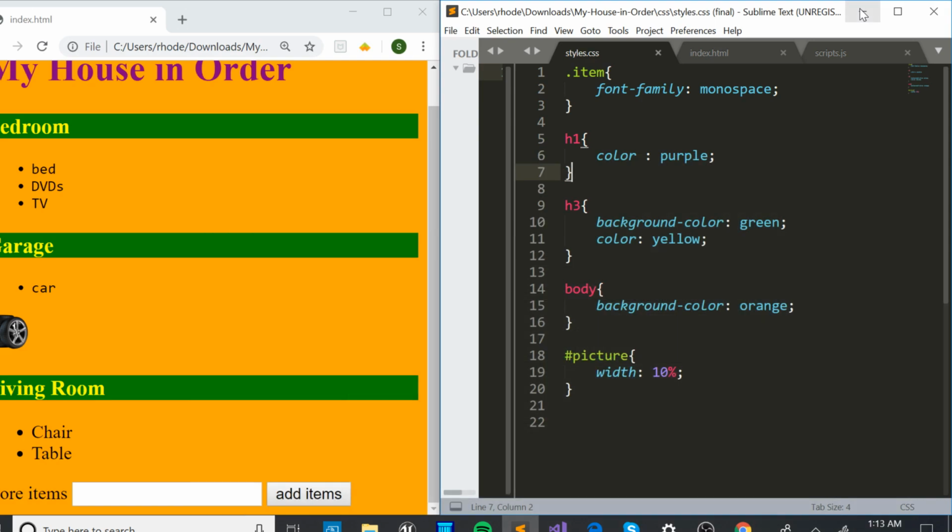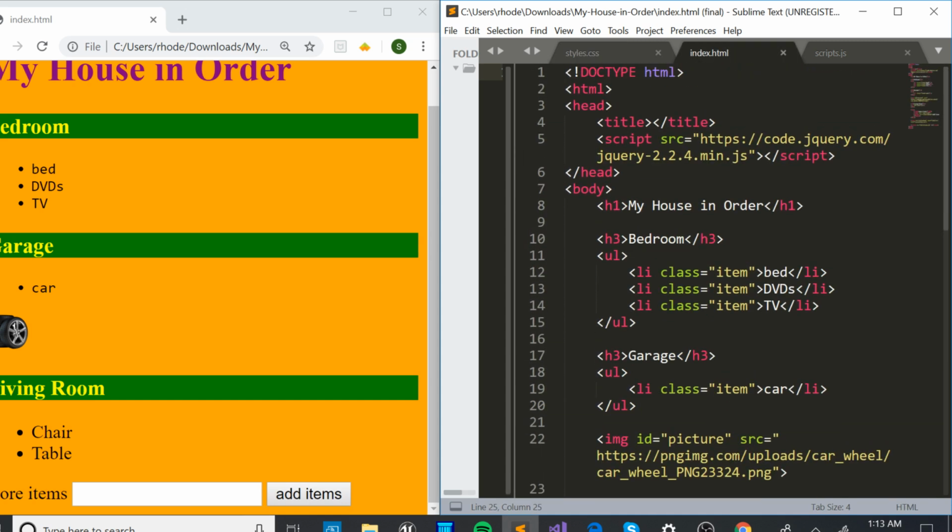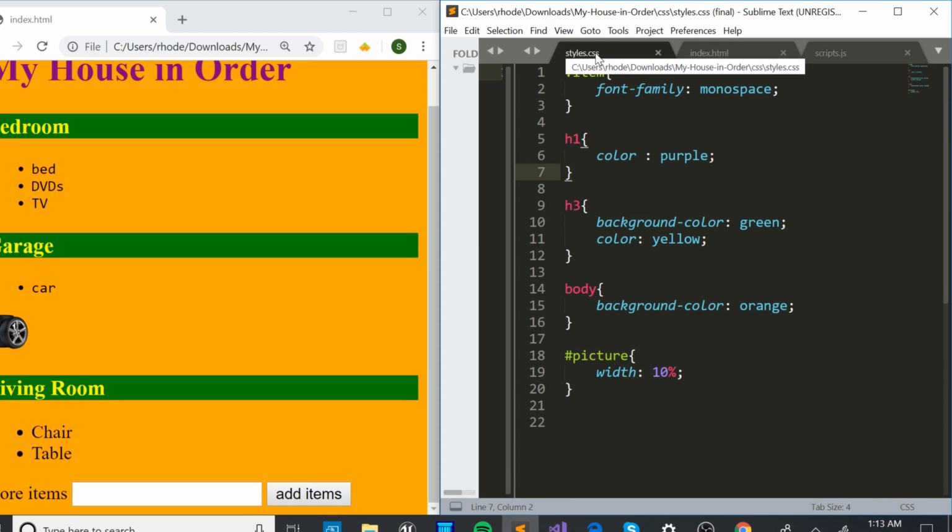Okay, this next tutorial is about CSS. So last time I talked about HTML, now I'm going to talk about CSS. So for the file CSS, we have the item class, which has different properties like the font family,